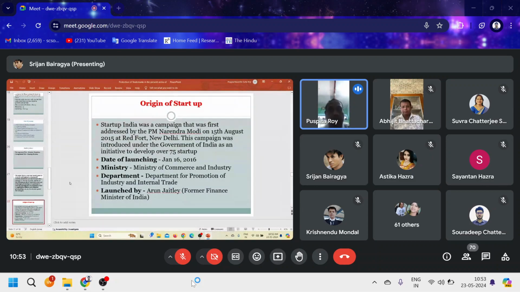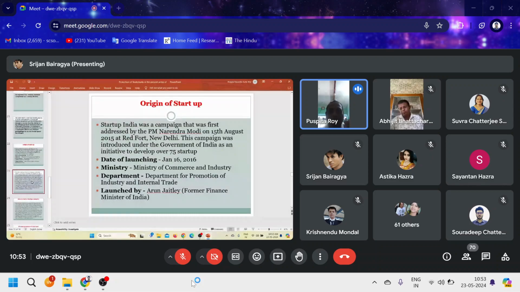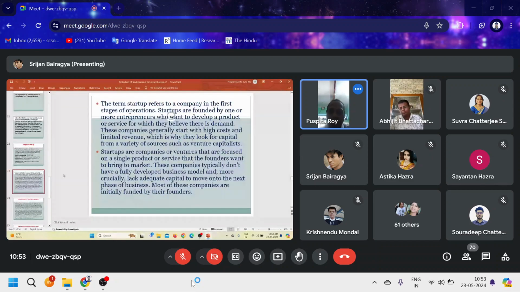2016, January 16, 2016, the scheme has been launched by the Ministry of Commerce and Industry of the Government of India, and specifically the Department for Promotion of Industry and Internal Trade, and by the former finance minister Arun Jaitley. Next slide. So this is the historical backdrop as to when this startup has come into the picture of our